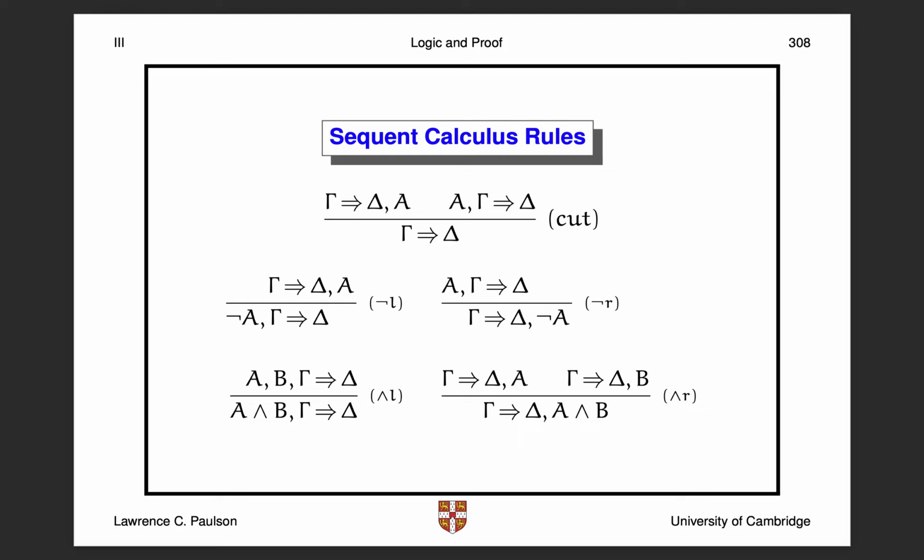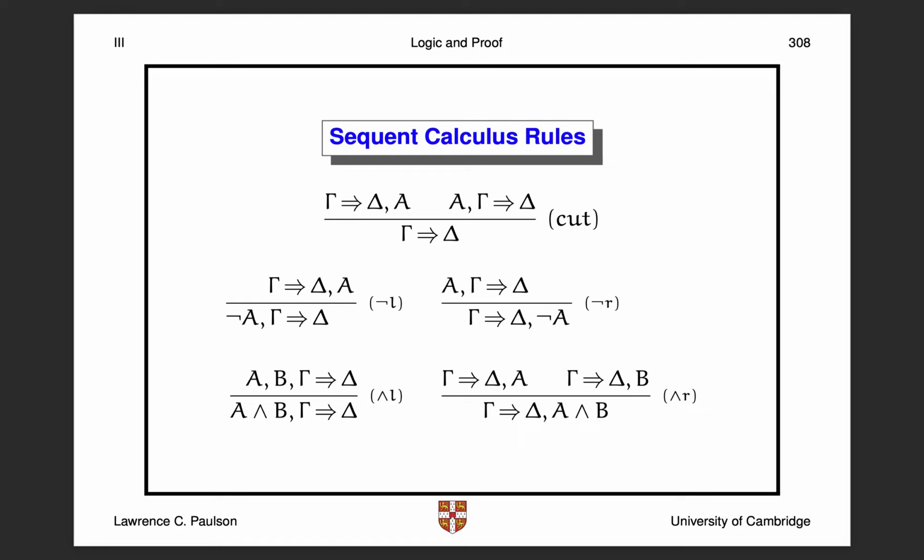As for the not on the left and not on the right, an immediate thing you see is that they remove the negation symbol and move a formula from one side of the sequent arrow to another. So the one not on the right is probably easier to understand, and it tells us that if we are trying to prove something of the form not A, it suffices to assume that A is true